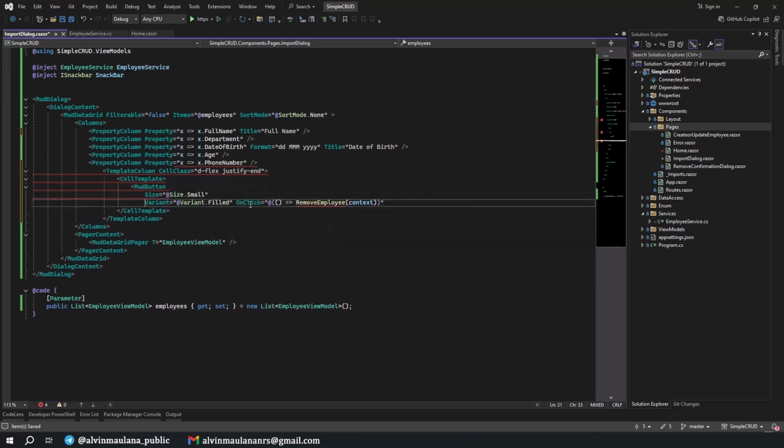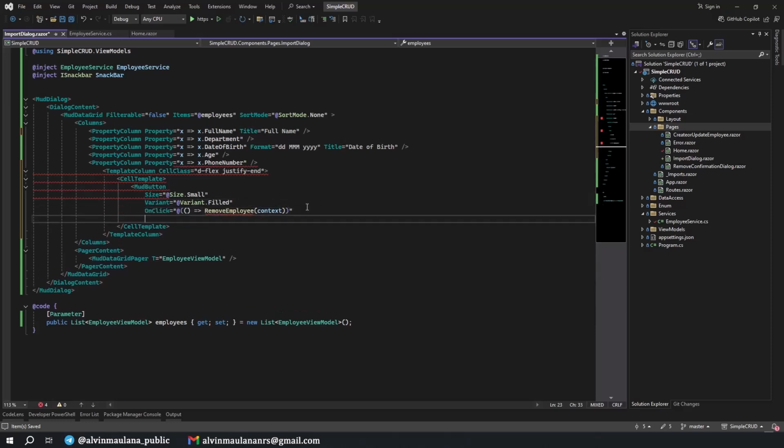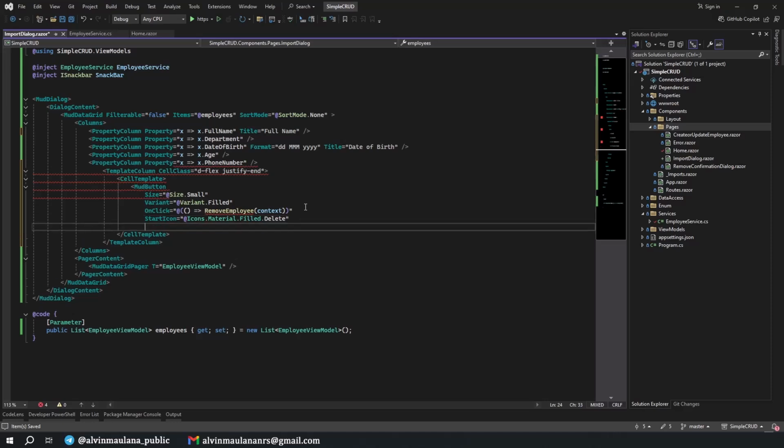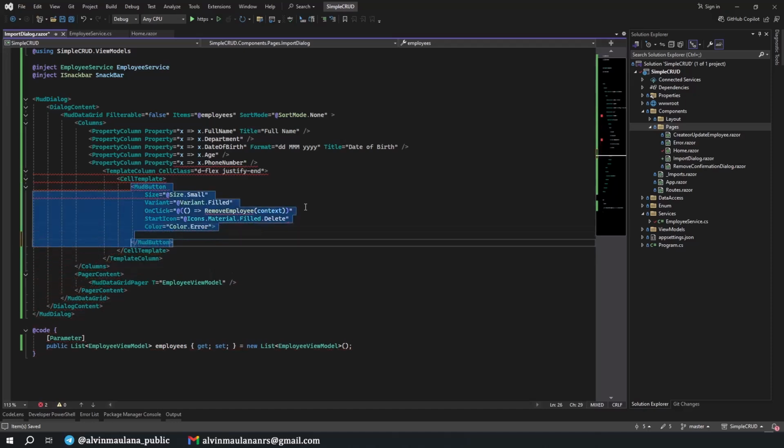And then we'll have an icon. I think I put it down first. Start icon, it comes from Icons, Material, Filled, and Delete. And the color is Color error. Okay, nice. Maybe just put text as Remove. And now we need to define Remove. Okay.